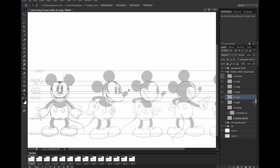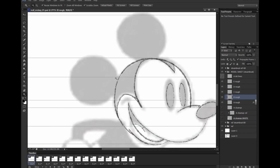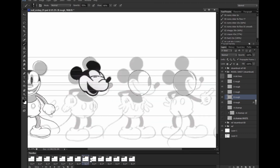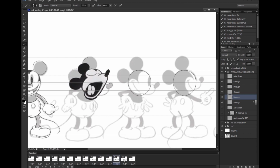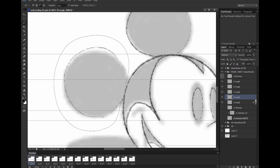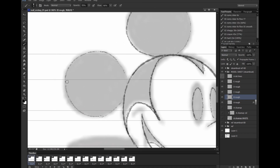So I'm not going to get hung up on where the ears should go. I'm going to basically go with the reference. And again, let's check it with the reference to make sure that the size of the ears are good. They're lining up. And this one's getting a bit big. So here I'll use the lasso and just...